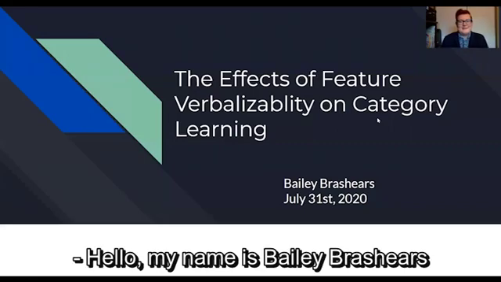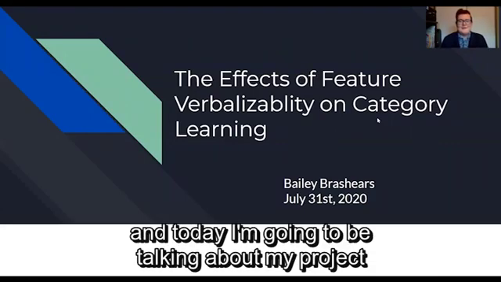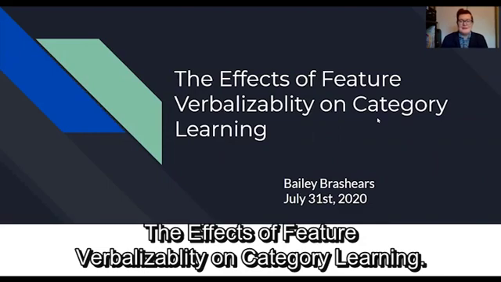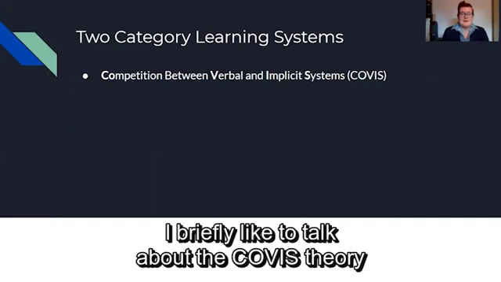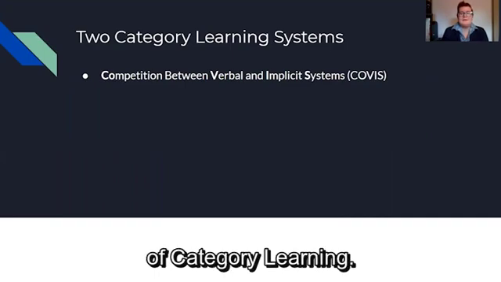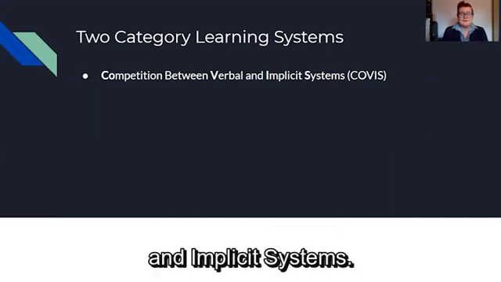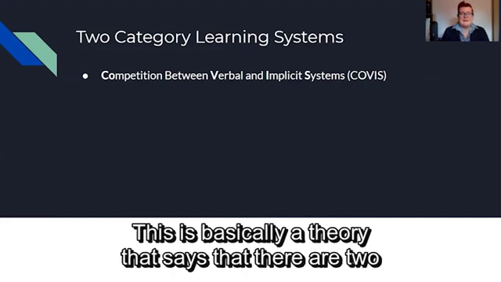My name is Bailey Brashears, and today I'm going to be talking about my project, The Effects of Feature Verbalizability on Category Learning. Before I get into the project itself, I'd briefly like to talk about the COVIS theory of category learning. COVIS stands for competition between verbal and implicit systems, and this is basically a theory that says that there